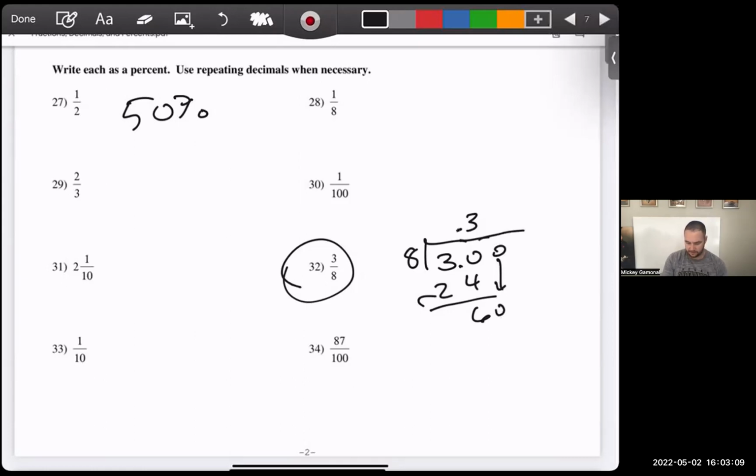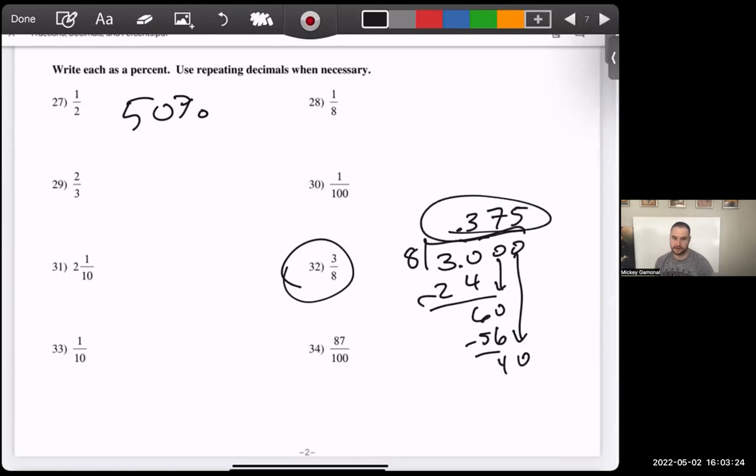8 times, what would that be? 8 times 5 is 40. 8 times 7 is 56. So we'll go with 56. Subtract, we get 4. Bring down one last 0. How many times does 8 go into 40? 5 times. 0.375. And if we wanted to write this as a percent, which we do, we're going to call that